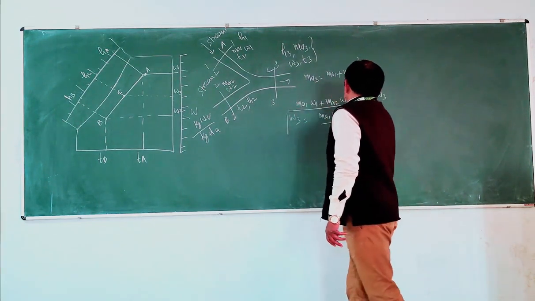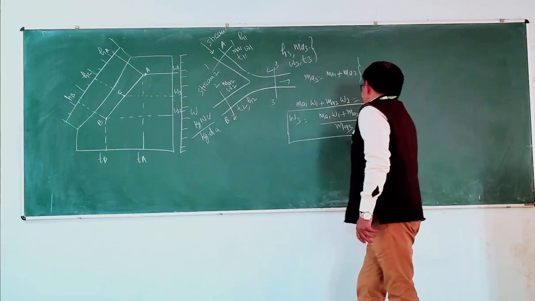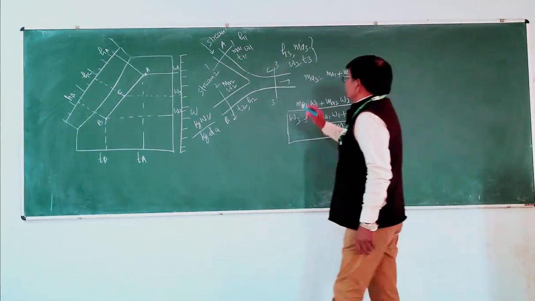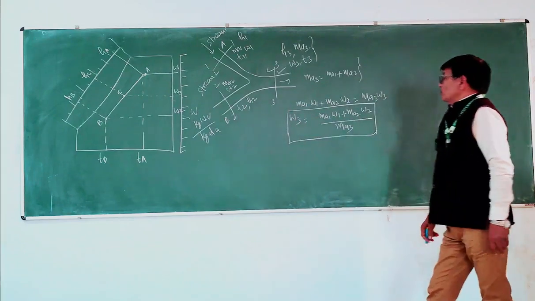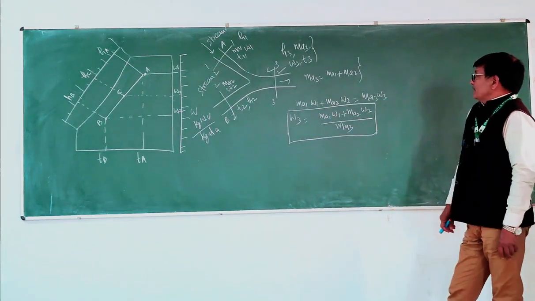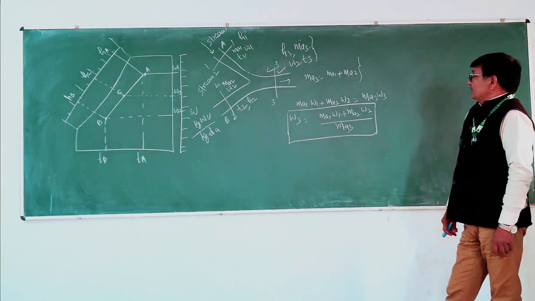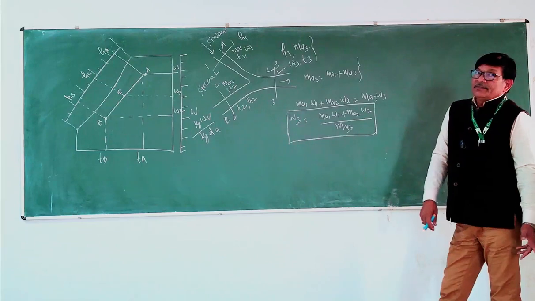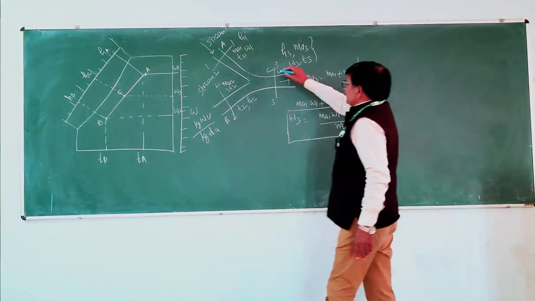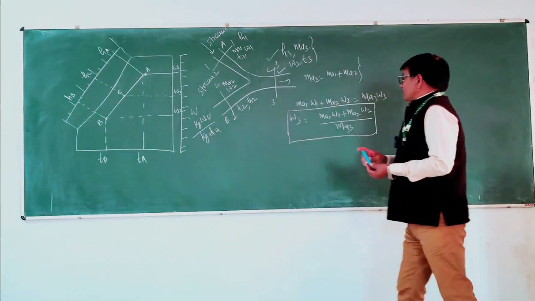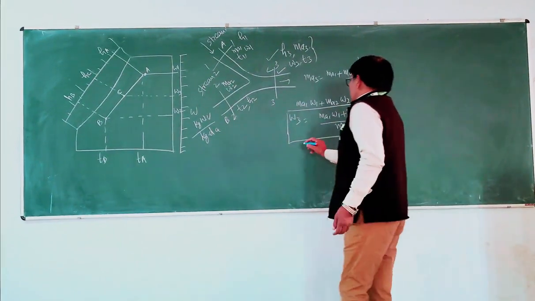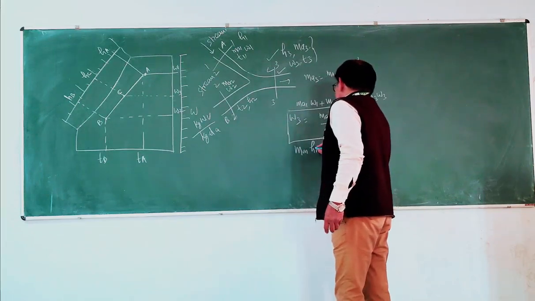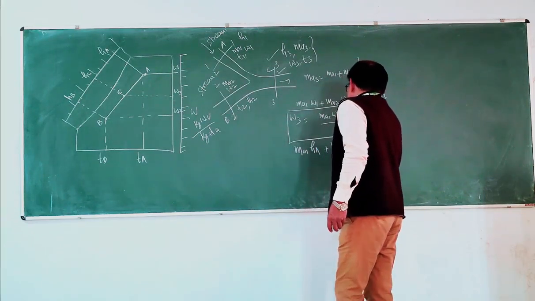This is very simple logic you can apply for finding out the specific humidity at C. After mixing, what will be the specific humidity? Omega 3 equals MA1 omega 1 plus MA2 omega 2 upon MA3. You can also apply this for finding out the enthalpy at point C. After mixing, what will be the enthalpy at point C? H3. You can find this enthalpy simply: MA1 into H1 plus MA2